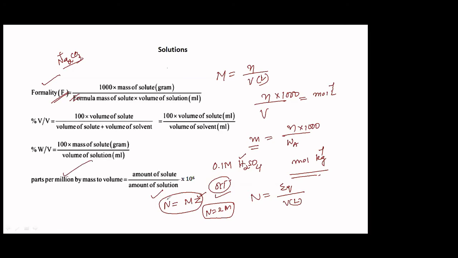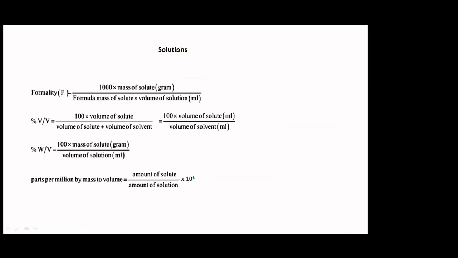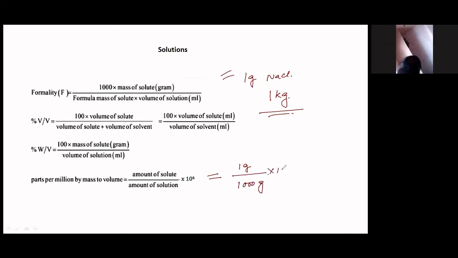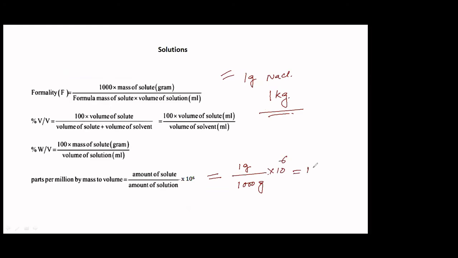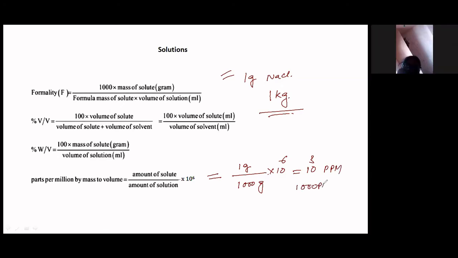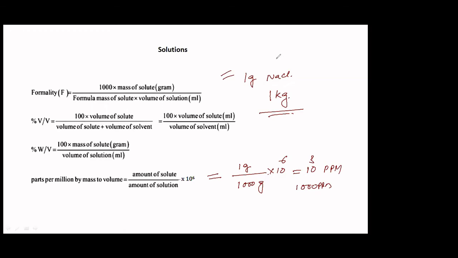So parts per million. So amount of solute divided by amount of solution into 10 raised to 6. Okay, supposing you have got, say, 1 gram of NaCl dissolved in 1 kg of the solvent. So what is the ppm concentration of this? Same procedure. Amount of solute 1 gram divided by 1 kg, 1000 gram, into 10 to the power 6. This will be equal to 10 to the power 3 ppm, 1000 ppm. So that is how it is important, okay? And then